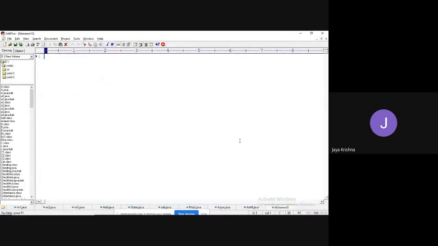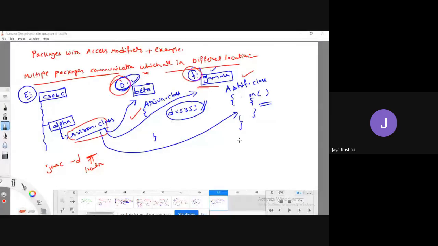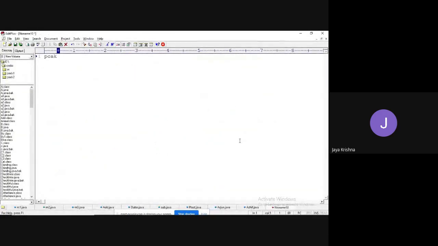Now I'm going to take one more thing. What is another one? I want to create alpha. So I will take package alpha, public class, for example Sriram. I will try to save.